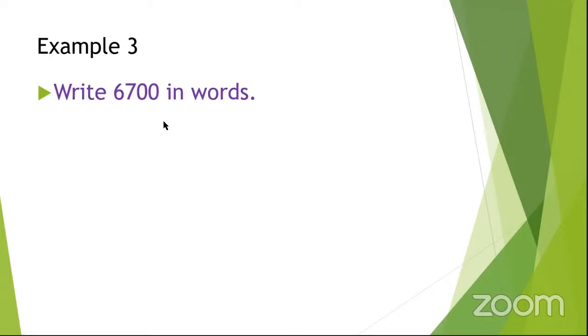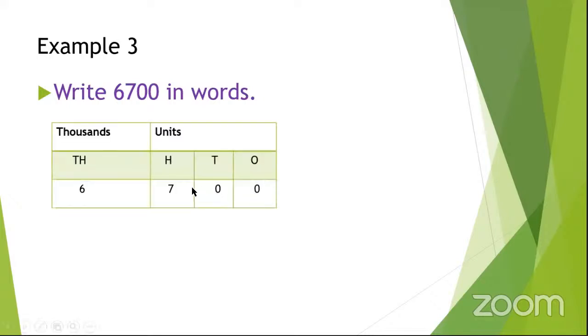Table still. And we give each digit place values. So you fill in the digits, we have 0, 0, 7, and 6. Now, when we are writing this number in words, we count the groups. We said that when we are giving groups, we start from the ones. So we count 1, 2, 3 digits, and those ones will fall under units. Then the rest of the digits will fall under thousands. So when we are writing this number in words, we should